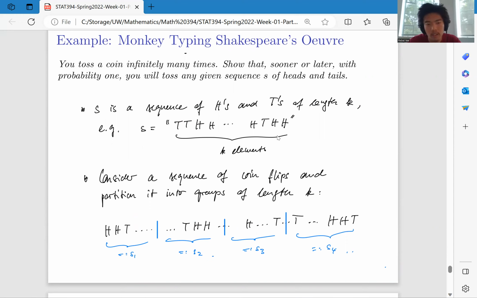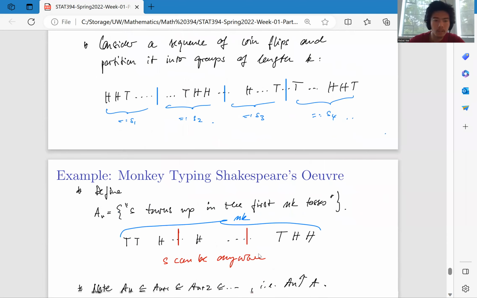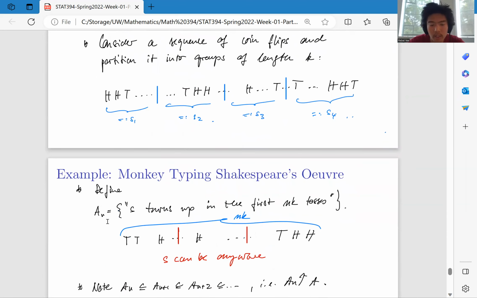So first of all, let's consider the sequence of coin flips and partition it into groups of length k. So S1 will be length k, S2 will be length k, S3 will be length k, S4 will be length k. And there are also S5, S6, up to S infinity, because k is limited, k elements, but the whole number of steps is infinite. So definitely there will be infinitely many S sets. Now we define the set An as the S turns up